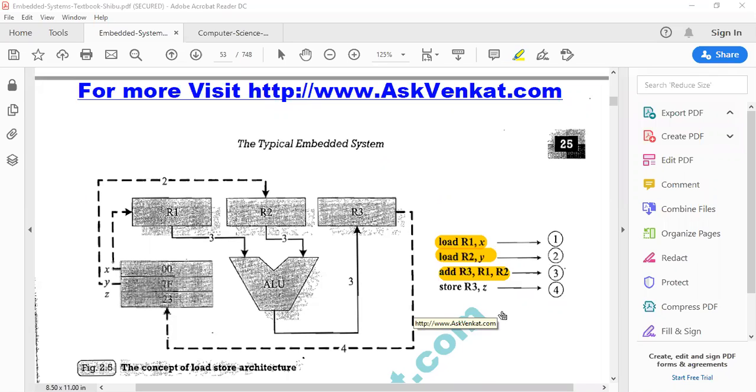Load store architecture, how does that work? Observe here. Load R1 comma X, get the contents of X into the R1. Load R2 comma Y, get the contents of Y into the R2. Add R1 ಅಂದ್ರೆ R1 ಮತ್ತೆ R2 ಕಂಟೆಂಟ್ಸ್ ನ ಆಡ್ ಮಾಡಿ ರಿಸಲ್ಟ್ ನ ಎಲ್ಲಿ ಸೇವ್ ಮಾಡಬೇಕು? R3 ದಲ್ಲಿ ಸ್ಟೋರ್ ಮಾಡಬೇಕು ಅಲ್ವಾ? ಸೊ ಅಲ್ಲಿ ಸ್ಟೋರ್ ಆಗಿದೆ. ಅಗೇನ್ R3 ಇಂದ ಎಲ್ಲಿ ಕಳಿಸ್ಬೇಕು? ನಾನು Z. ಸೊ ಅಬ್ಸರ್ವ್ ಹಿಯರ್, ಅಬ್ಸರ್ವ್ ಕೇರ್ಫುಲಿ.